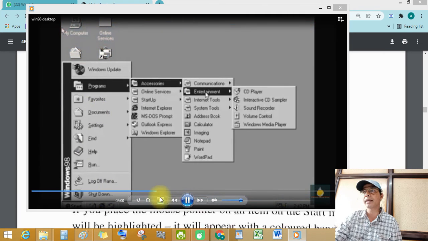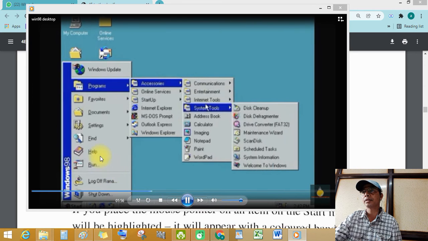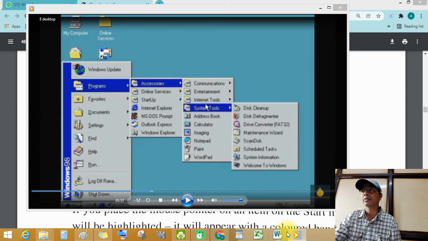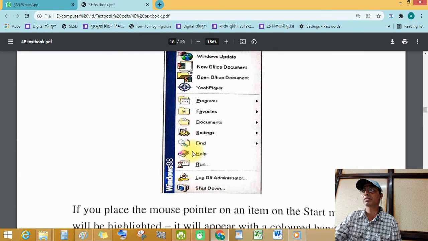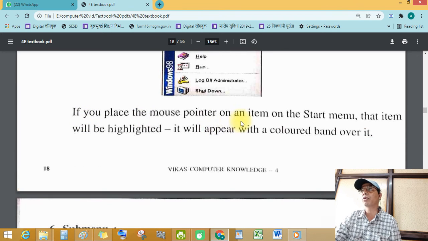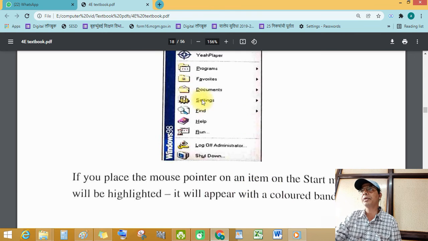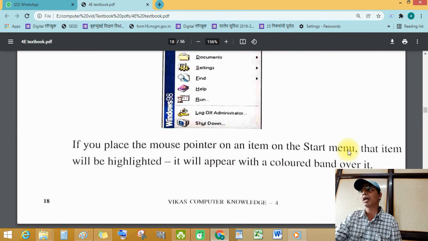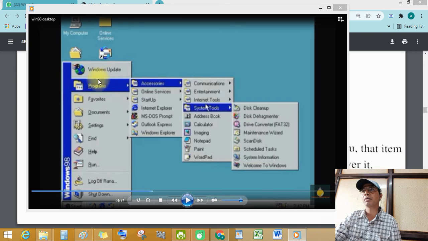But in Windows 98, see this operating system, you can see this start button like that. When you click the start button, the menu appears on the screen. If you place the mouse pointer on an item, meaning a command in the start menu, that item will be highlighted, like blue.